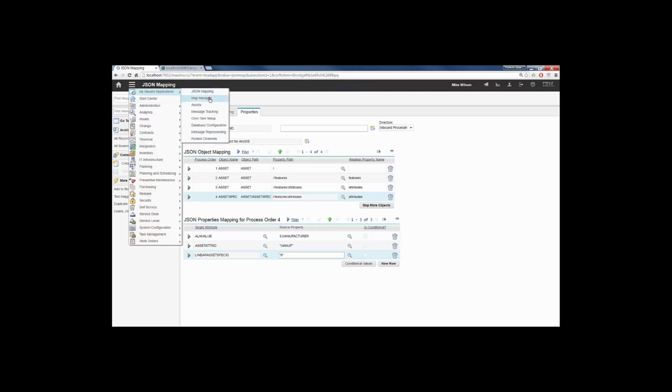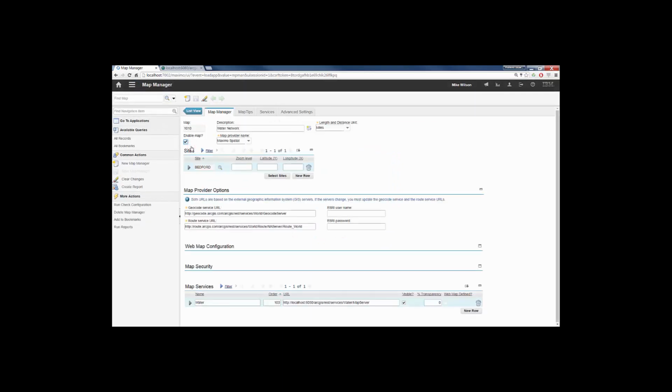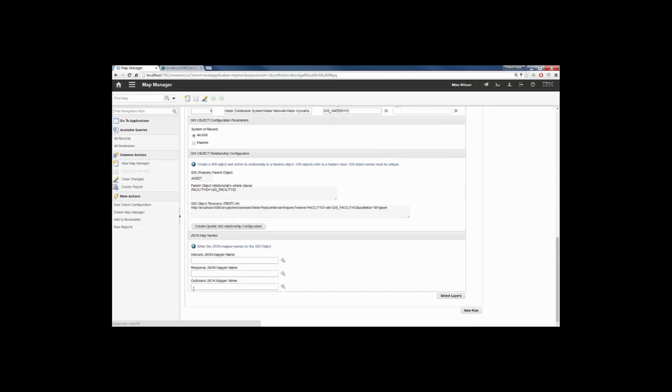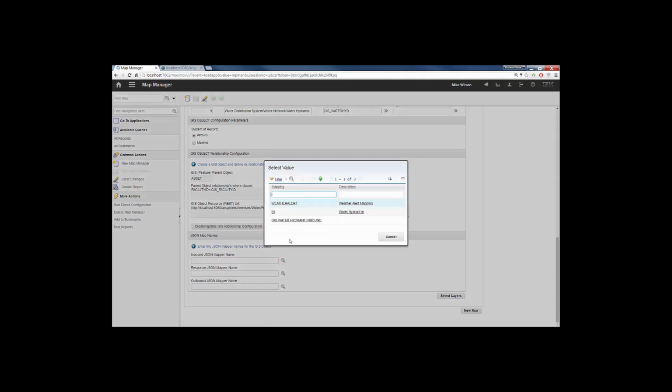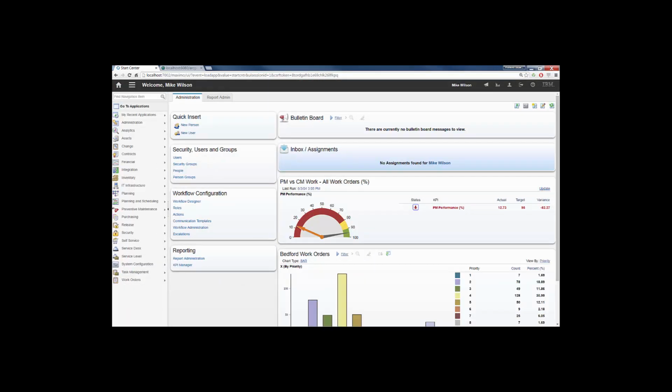we need to jump to the Map Manager application to define that specific service layer will be using this mapping that we just created, and the place for this one is the inbound, and you just need to pick the name that you use there in the JSON mapping inside this one. After this,